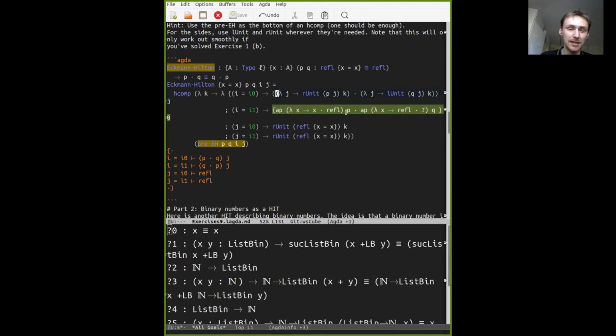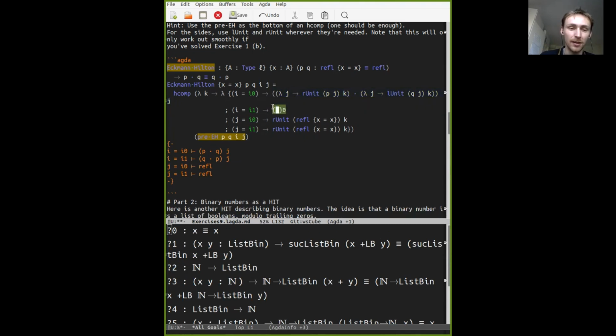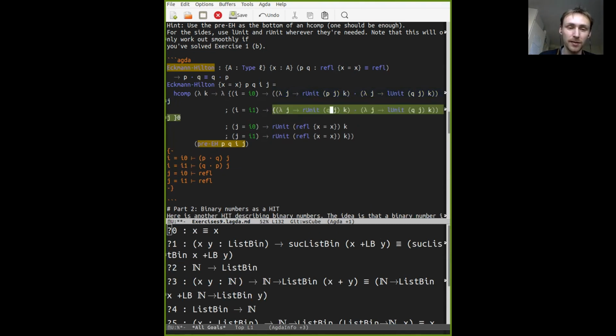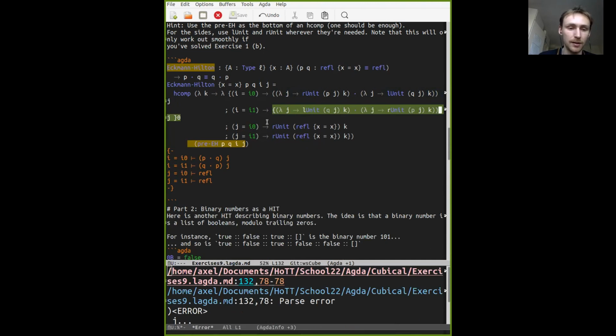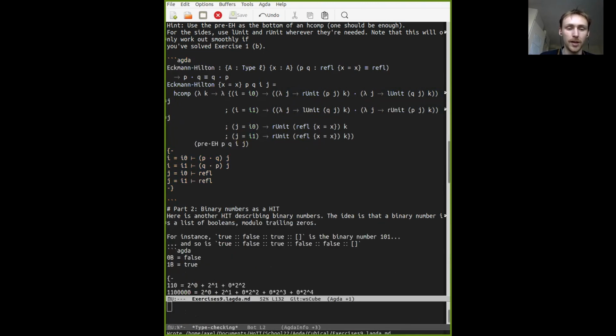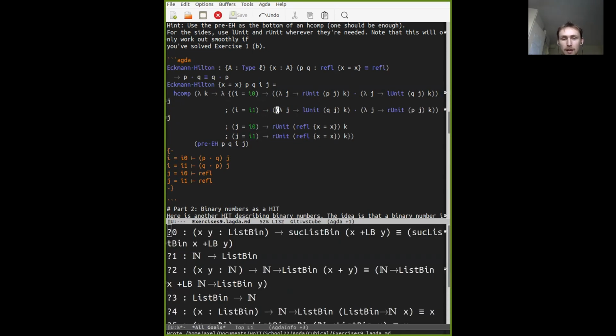And now for the other guy, it's going to be the exact same thing, just that all the P's and the Q's get swapped, and the right and left units get swapped. But it works. So it's super dangerous in general to introduce an interval variable and then apply right unit to a path that's also applied to this interval variable. You can't just delete